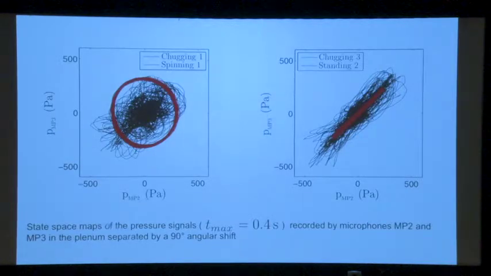And this can be manifested. For example, you place a microphone here and another one here. And when you have chugging, all this moves around everywhere. So you can see that on your scope. It's like a Lissajous sort of configuration. And when you have spinning, you have something like that coming out. And this is the case where you have, again, chugging. But if you go the other way, you get standing, and you see that standing is right there. So in the standing case, you are like that. In the spinning case, you are like that.